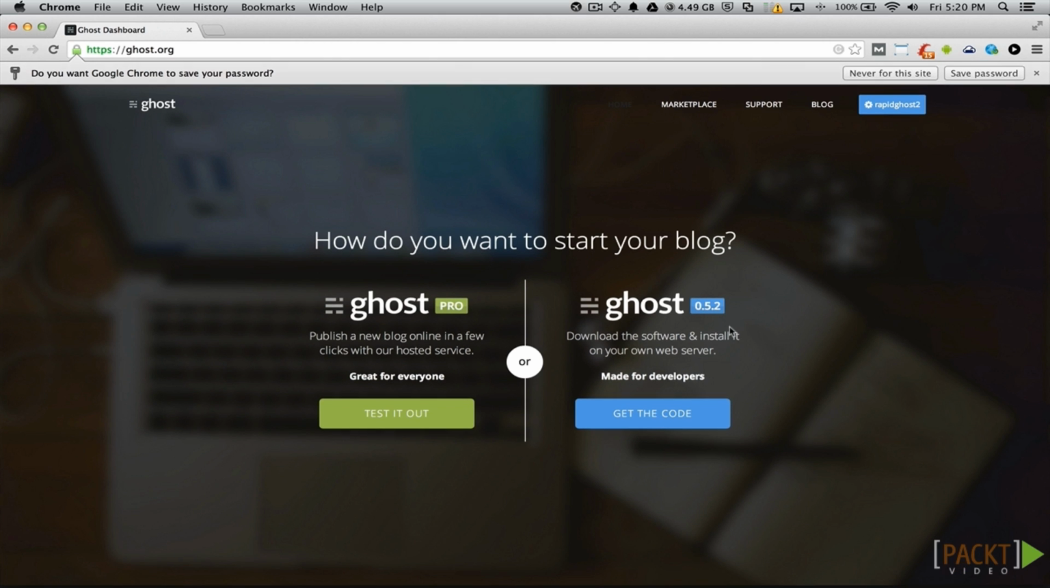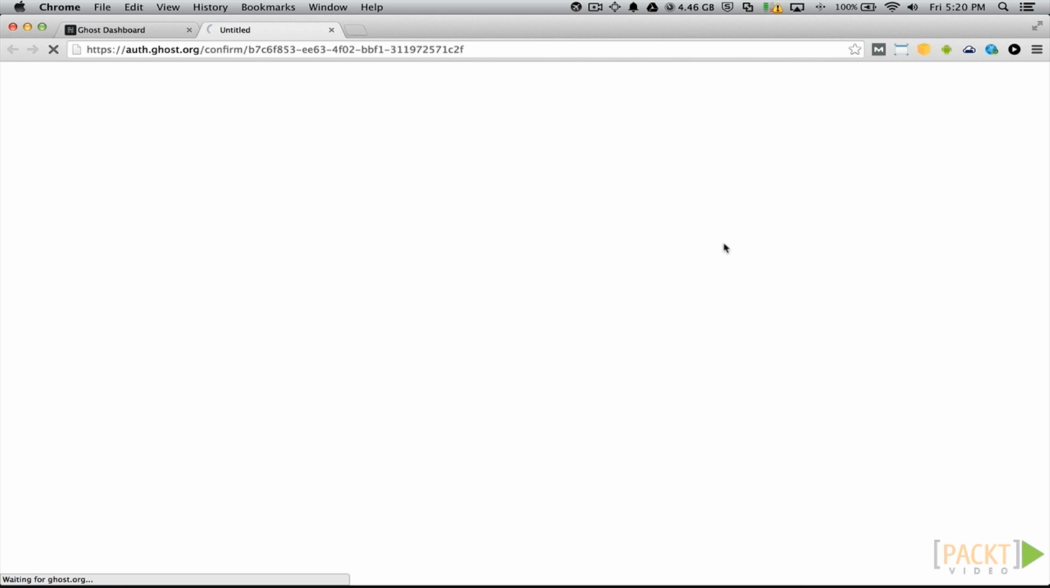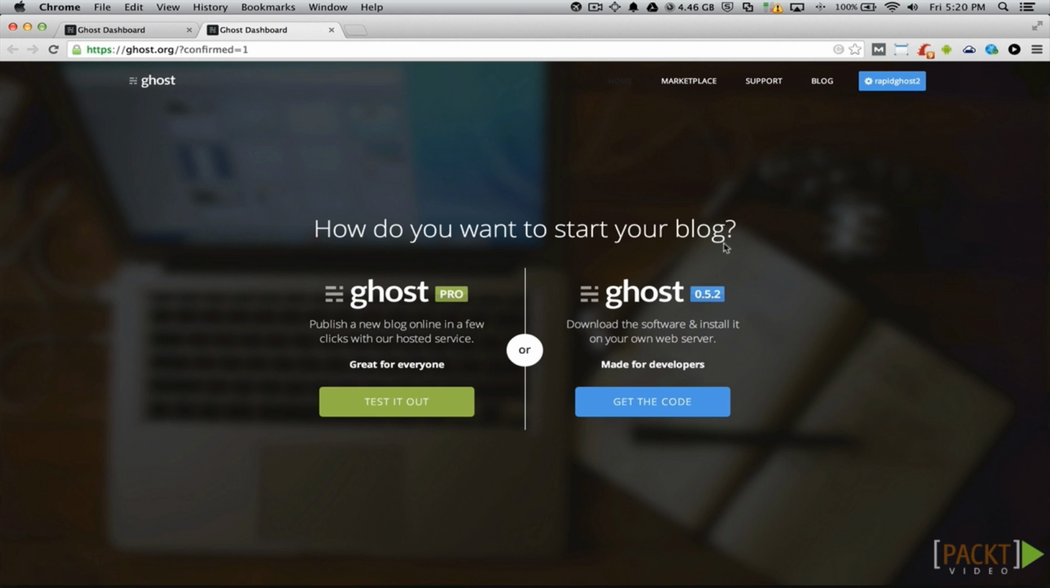Now that we've registered, we need to take a moment and verify our email address. Open up the email from Ghost and click on the link to confirm your account. Now that we are logged in and back at the home page, we have two options for starting a new